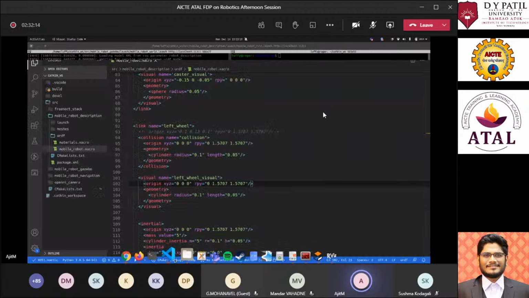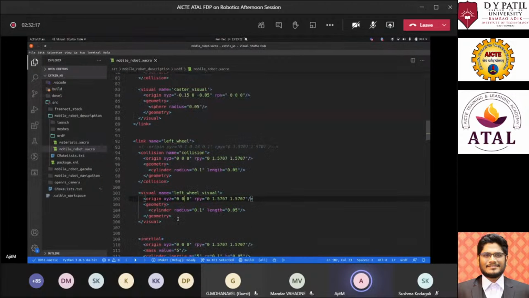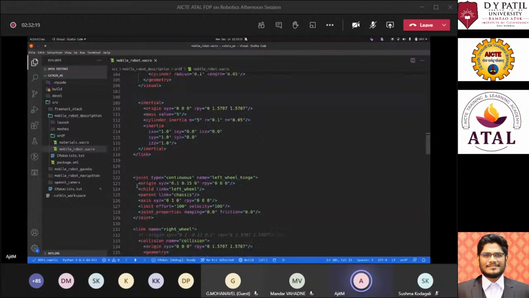So going back to the joint, the next thing that needs to be defined in the joint is the child and parent, which we were discussing earlier. So here, the parent of this joint is chassis, and the child link is the left wheel.